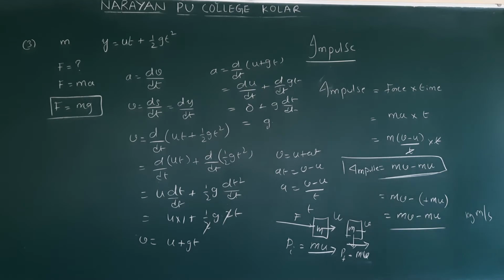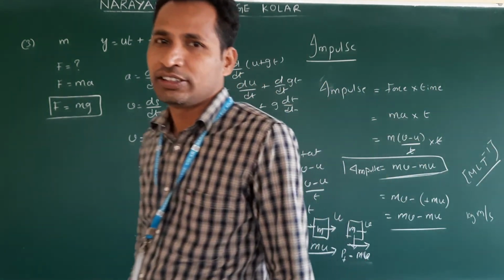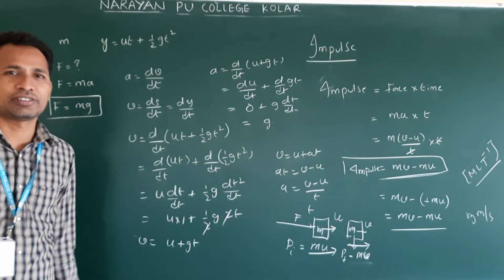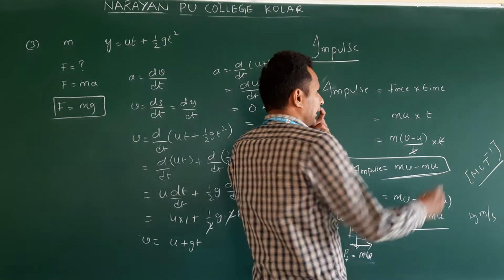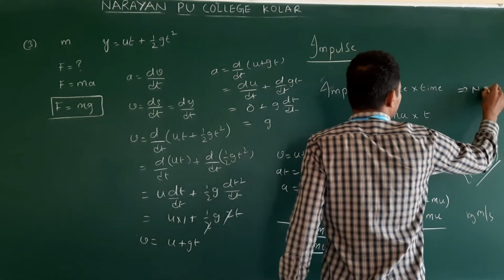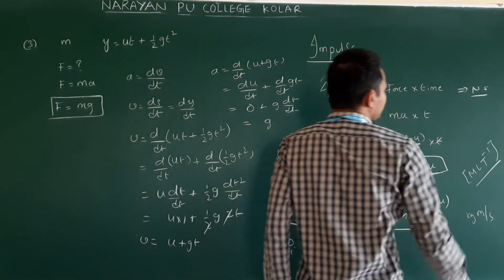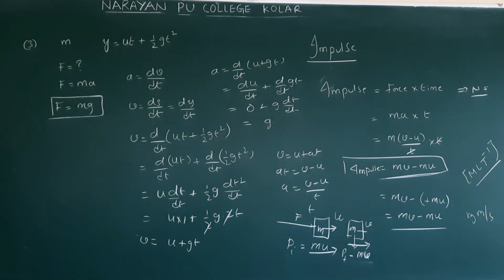Right? So what is the dimensional formula? m into v, so the momentum dimensional formula only. m into v means M L T power minus 1. We do expect the question: name any two physical quantities that have the same dimensional formula. Then how do you write? Momentum and impulse. Understand? Make a note. You can write another unit also directly from this: force unit Newton, time unit second, so Newton second. You can write both, N s or kg meter per second. Clear? Now we will see an example problem.